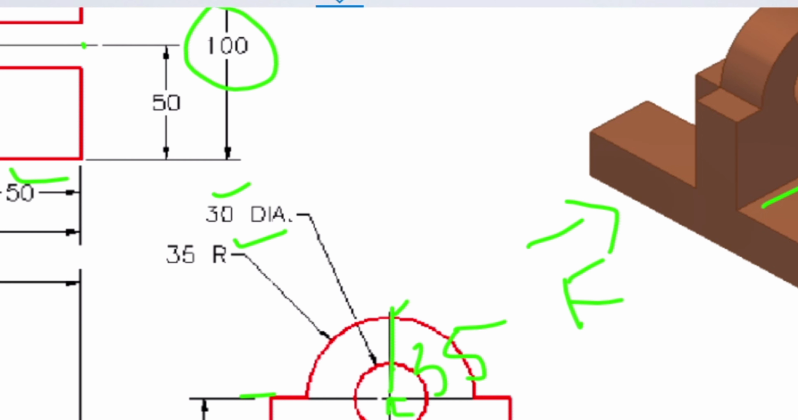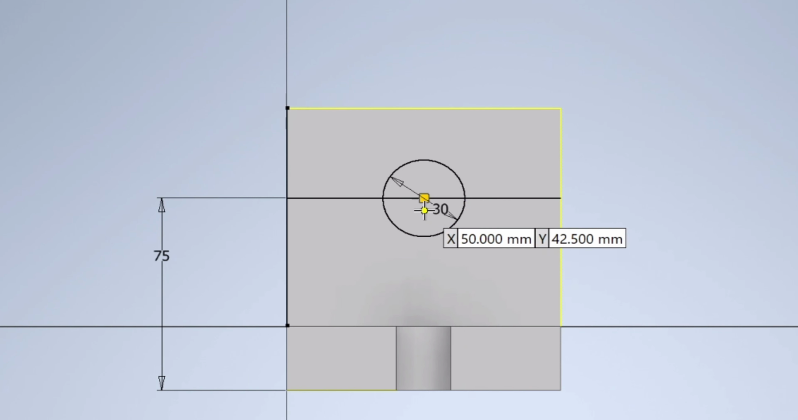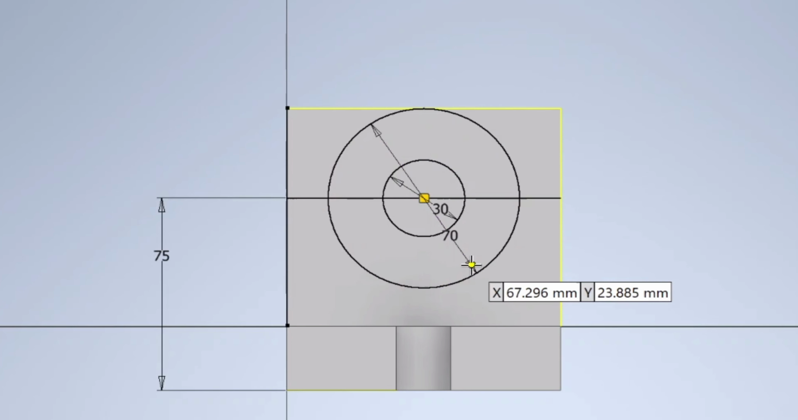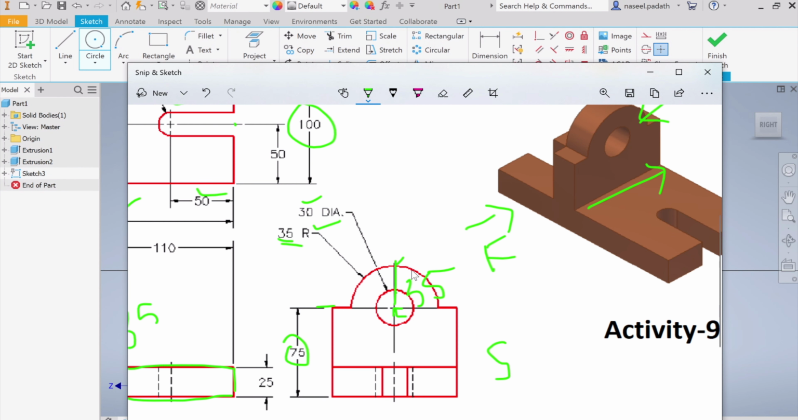The first circle, the diameter is 30. Let it be there. Check the second circle. The radius is 35, which means the diameter is 70. So put the circle, diameter 70, and that's it. Now we managed to make those two circles, and later